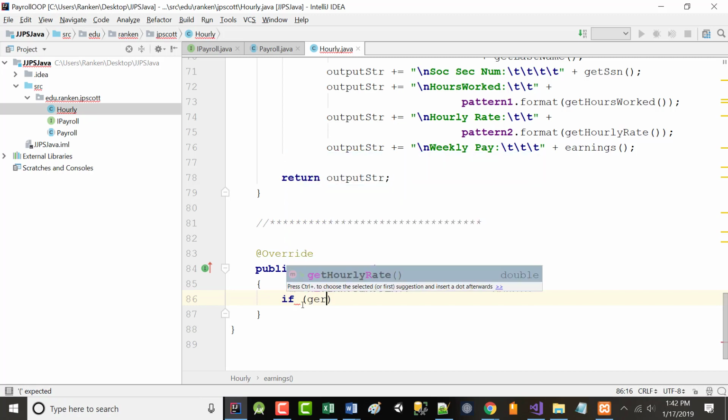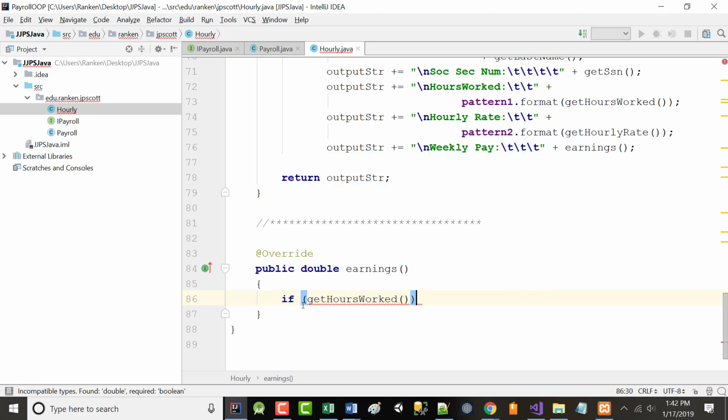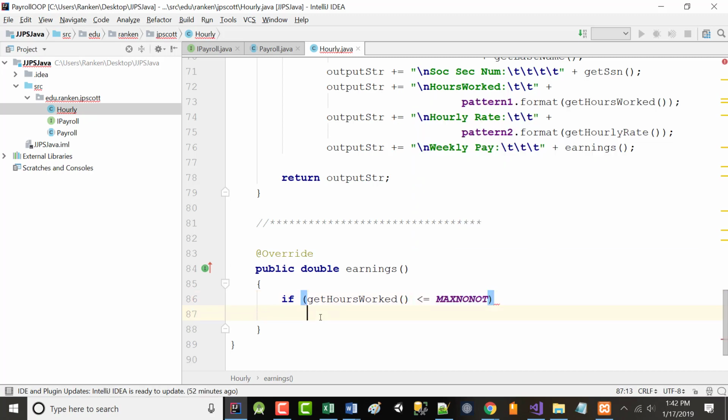If getHoursWorked is less than or equal to maxNonOT, okay? You already know what this means. No OT worked.